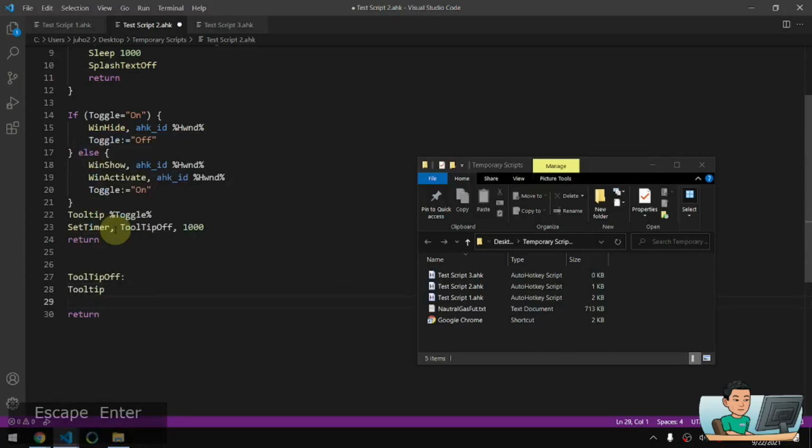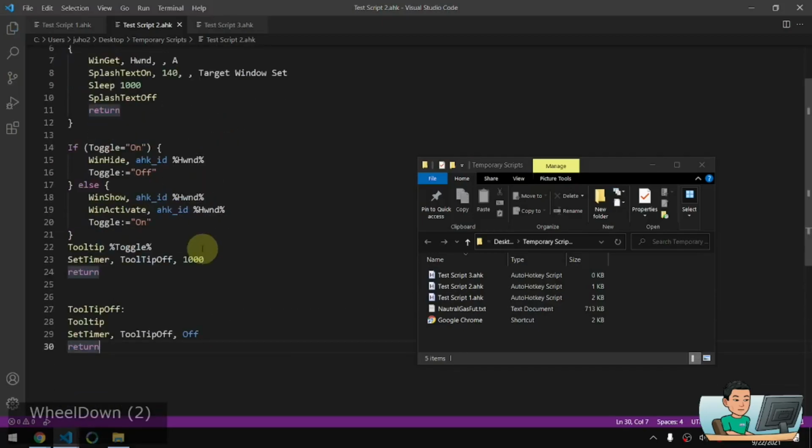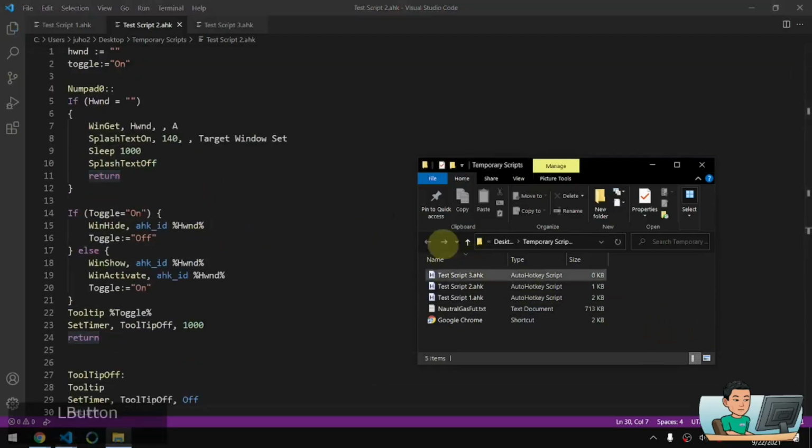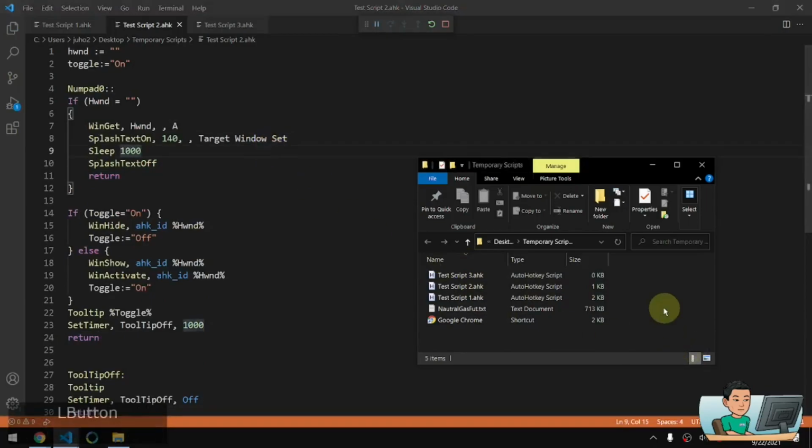And then I'll set the timer tooltip off to off. There you go. And so let me go ahead and run the script and press numpad 0 to register the